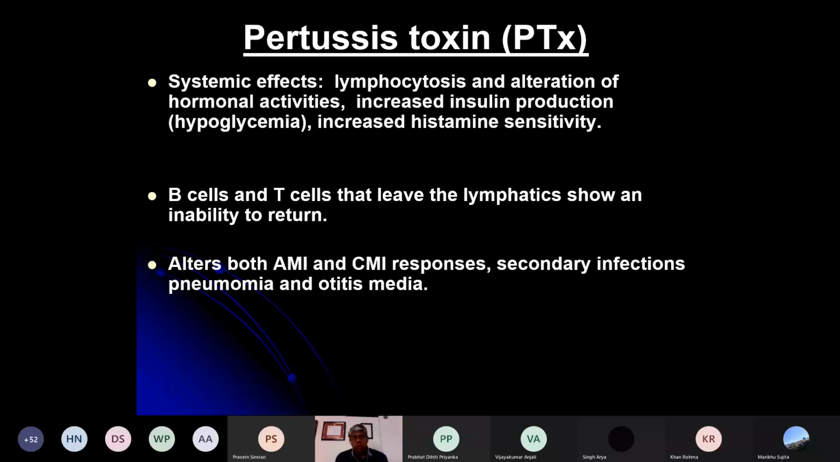Now these are the local effects, but as we have seen, pertussis toxin is excreted out of the cell also, and therefore it gets absorbed and it goes into the lymphoid tissue. It causes lymphocytosis, and by lymphocytosis it increases the bulk of the lymphoid tissue, and that bulk of the lymphoid tissue compresses the respiratory tree. In addition, this pertussis toxin also increases the insulin